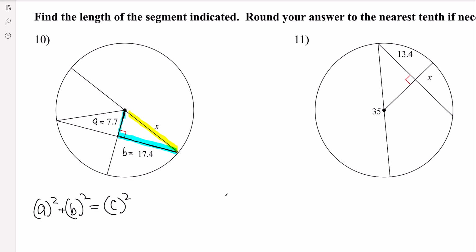All right, so let's do that. So A is 7.7 units squared plus, I'm going to leave off the units right now. Just know that when we're talking about length, it's units only. The measure of x squared. So I'm going to put in parentheses 7.7 squared. So parentheses squared plus parentheses